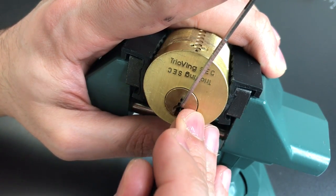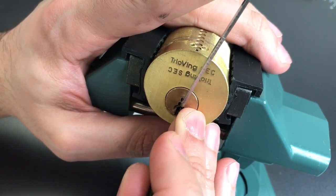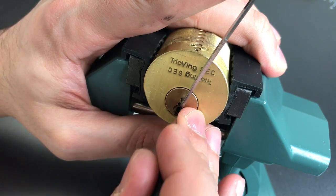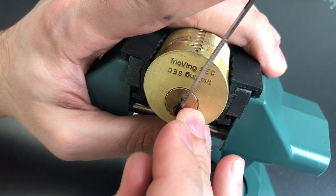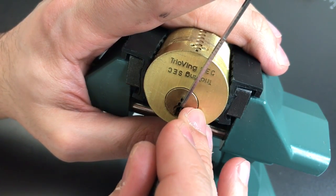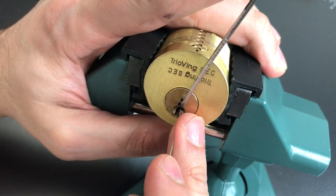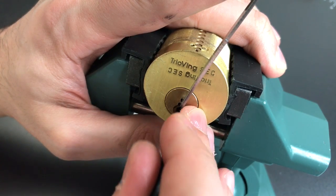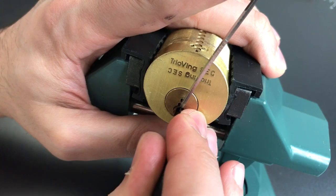Click out of 2. And 3. Got a click there. Okay, so we dropped everything up front. Nothing on 4. I think 5, nothing there. Or 6. 1, 2, 3. Got little clicks out of each of them. Nothing on 4, 5,